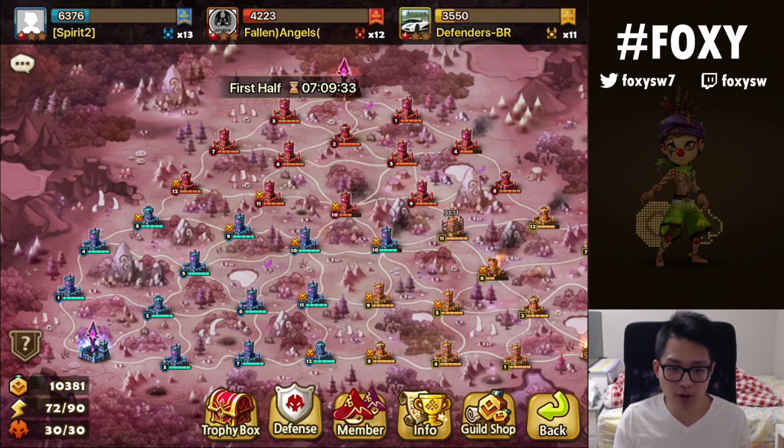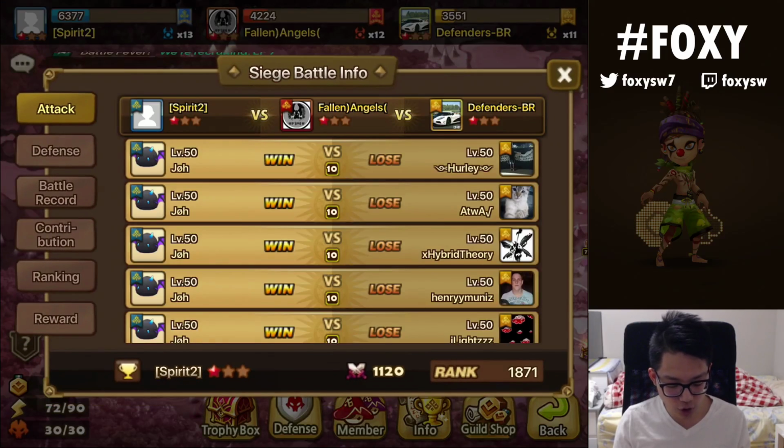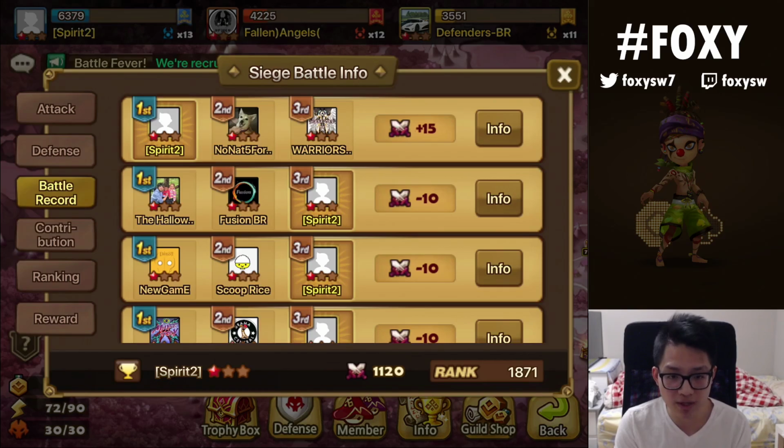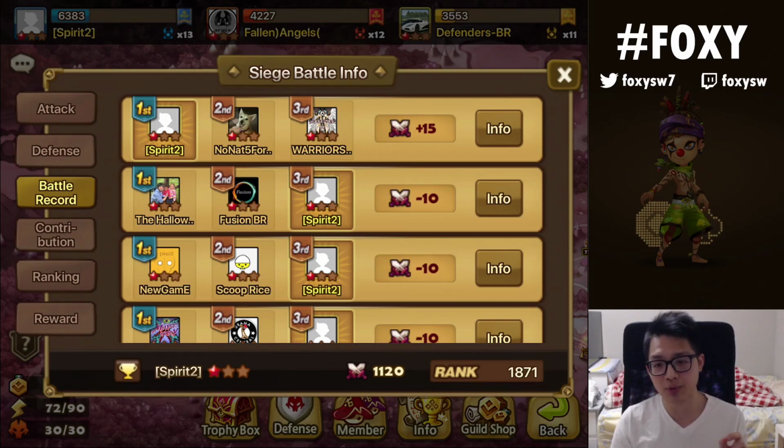So let's talk about the guilds as well. As you know, whenever you win, you go to battle record. Every win you get is 15. Every loss is 10, and that's coming last place. So mathematically, for every 2 wins, you get 30 points, and then for every 2 losses, you get 20. So you're still going a net of 10. So if you keep in the same guild, you're at